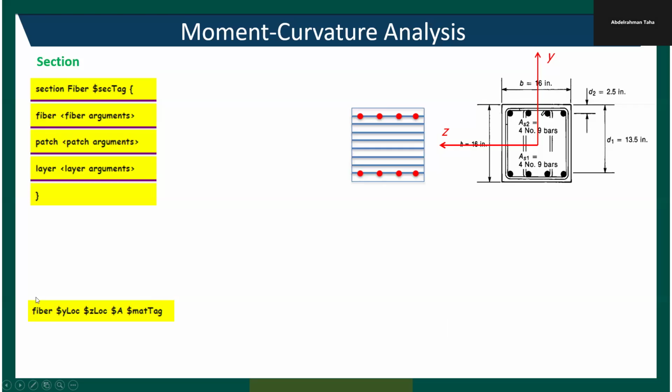So as you can see, a potential problem of this way of modeling the reinforcing bars is that now to model 8 reinforcing bars, you have to use 8 different commands or 8 different fiber commands. Each one models a single reinforcing bar. And basically, a more efficient way of doing this is using